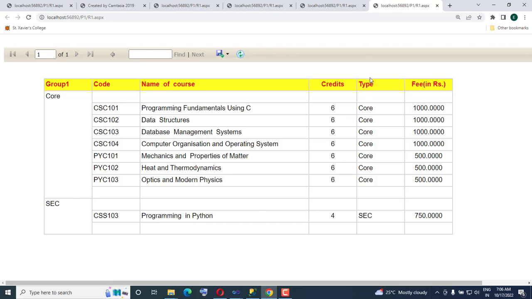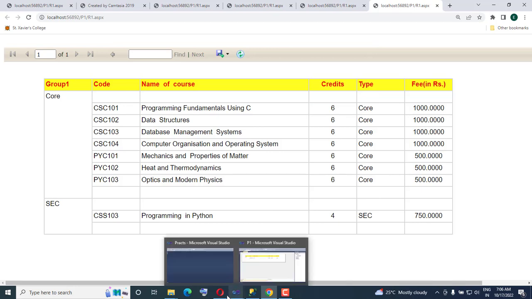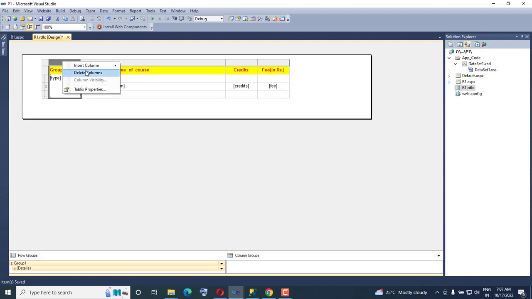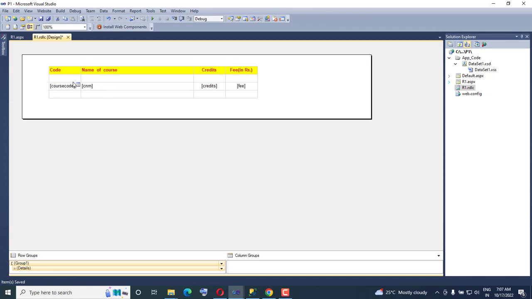So this column is extra here, the type column. So what I'll do is I will delete that column. In fact, I will delete both the columns, the first one as well as the type. Okay, so I'll delete the type column, and I'll also delete the first column, because I want to do something. I want to merge this